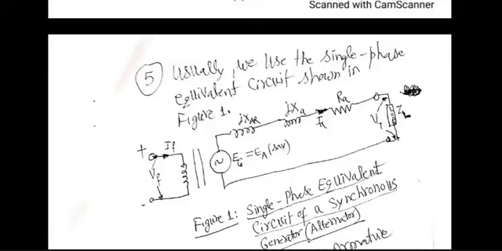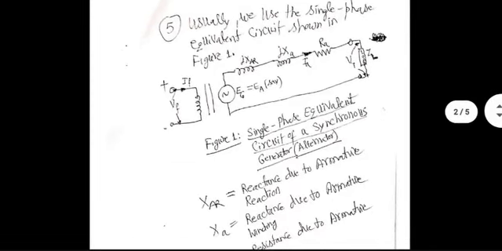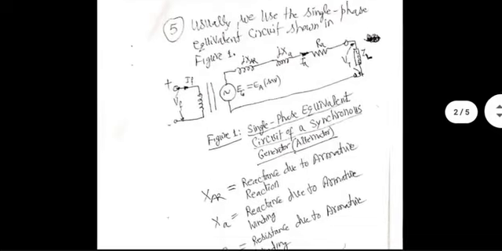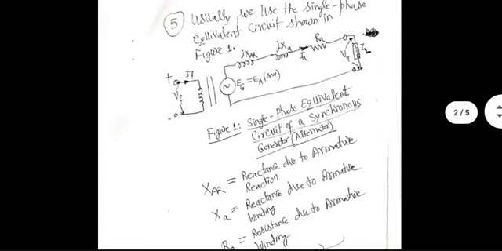Unless IF changes, EG will not change, that's for sure. In fact, in my own notes, I have given you a formula for EG, and you see flux per pole there, and flux is determined by IF. But if IF is not changing, you can almost ignore the left part completely. These are the various parameters in the equivalent circuit. XAR is the reactance due to armature reaction. If nothing is given about armature reaction, you can assume XAR to be zero by default.